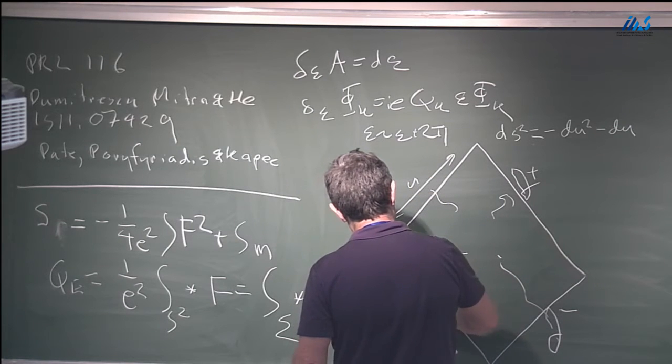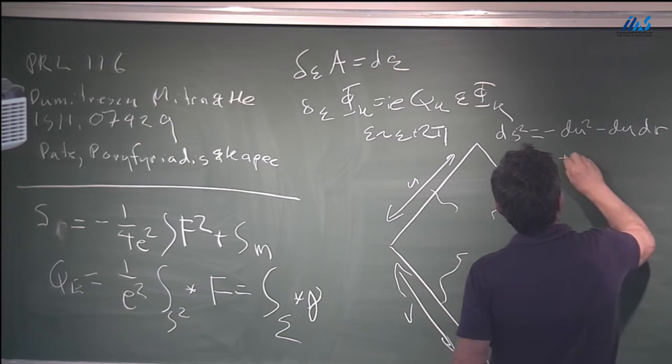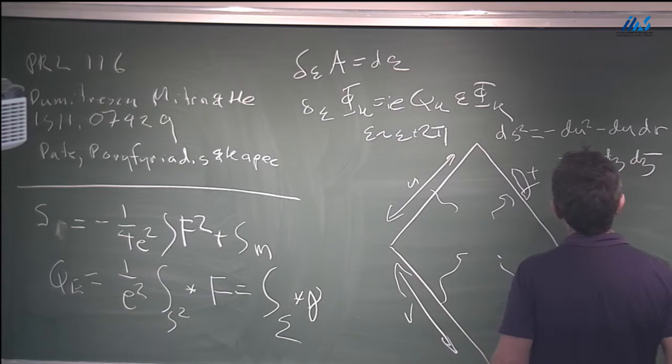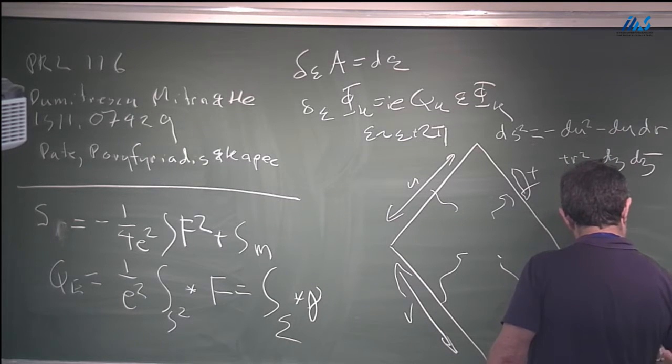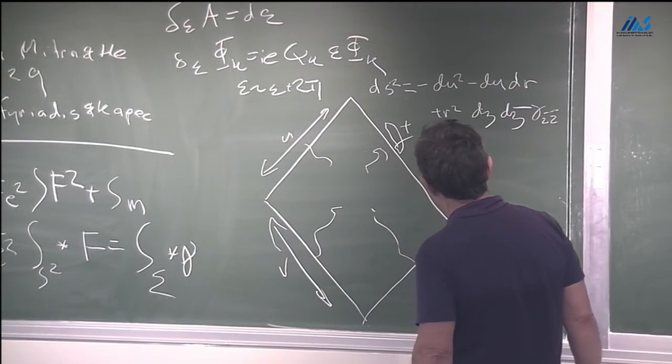And for past null infinity, we want to use advanced coordinates. These would be the retarded, and then the advanced would be minus dv squared plus 2 dv dr plus r squared gamma_z zbar dz dzbar, where gamma_z zbar is just the round metric on the unit